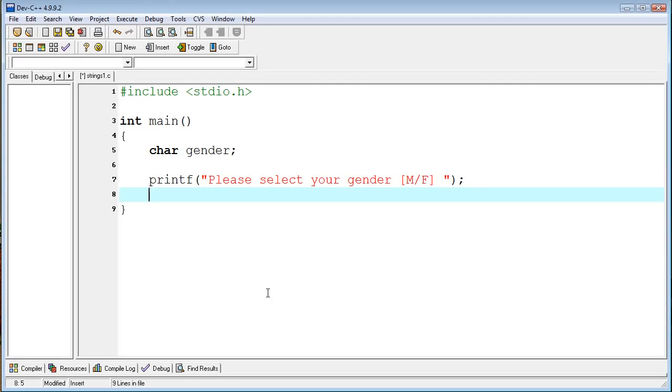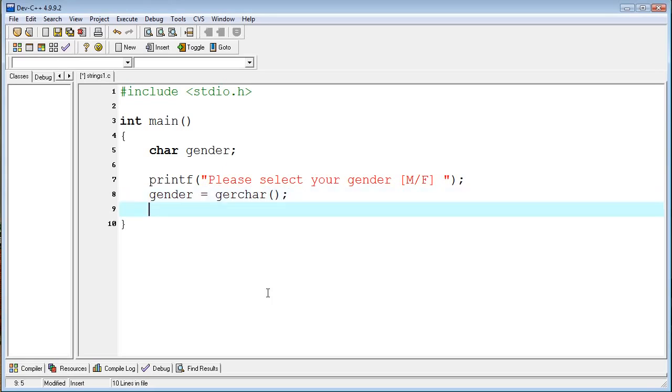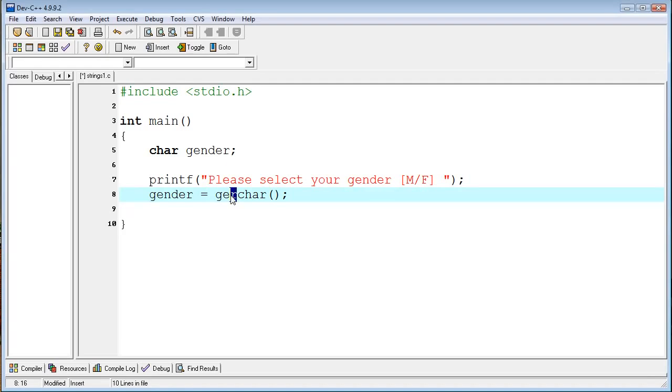So I'm going to set the variable gender equal to getchar, which will get a single character from the user and then save it into the variable gender, which is a character variable. Wow, we're apparently making a lot of typos today. There we go, getchar. So now, if I compile and run this at this point, which I'm going to do,